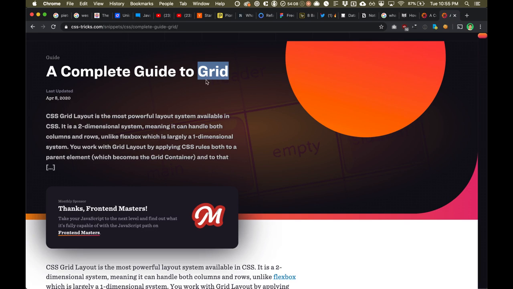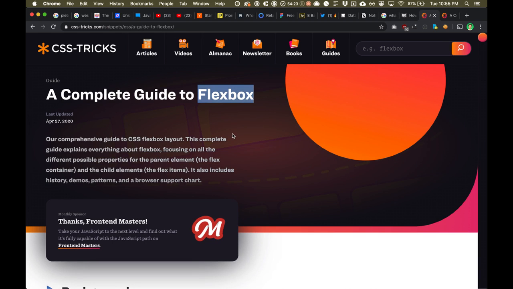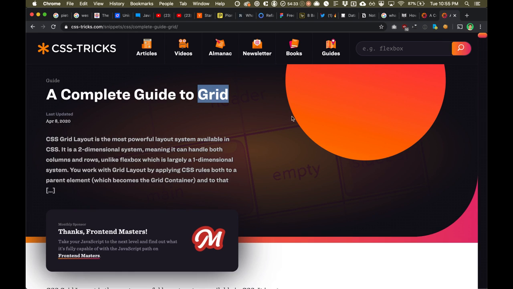And usually, just to give you a general opinion, and this is definitely not always the case, but Grid is more useful for overall site layout, and then Flexbox is more useful for individual items. That is, of course, not by any means always true. There are a lot of complex small interactions or small layouts that you're going to want to do with Grid too. But just to give you a general idea.